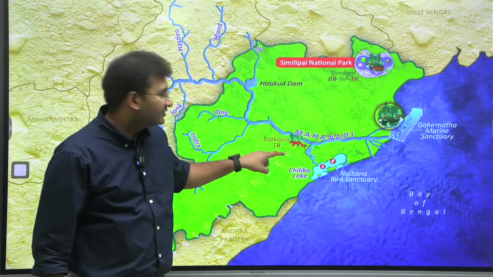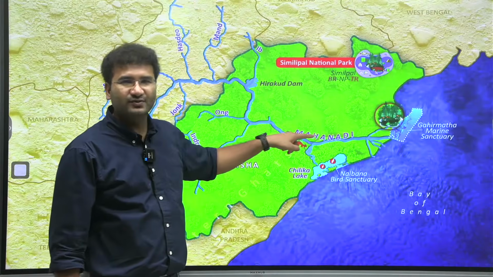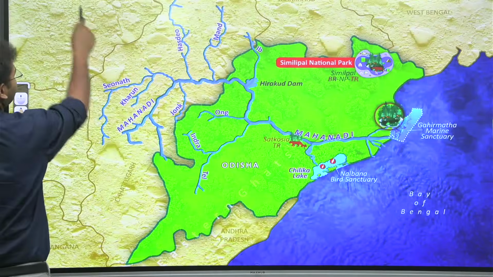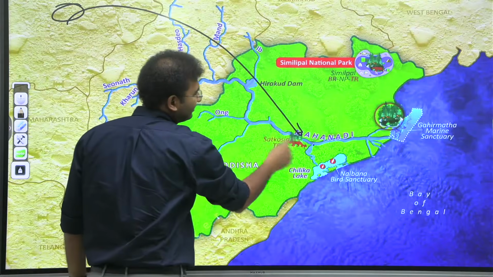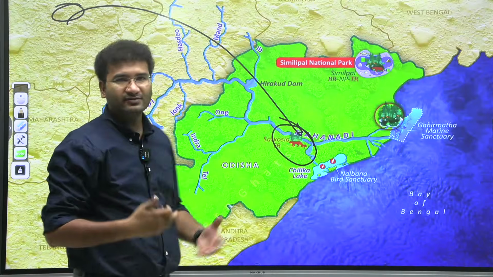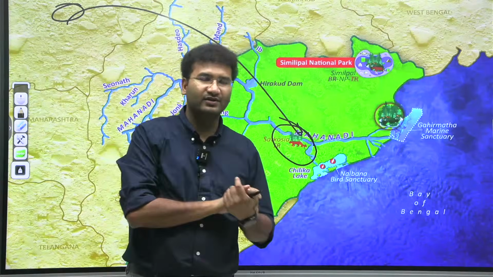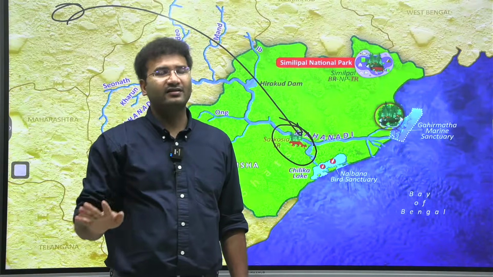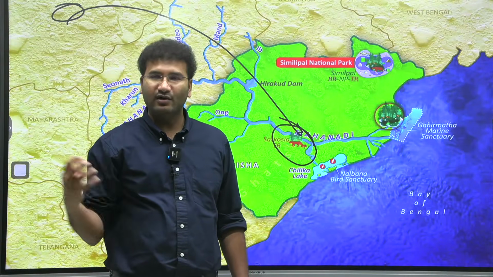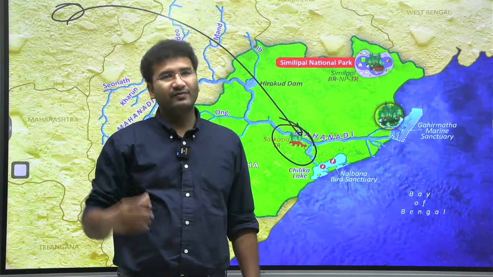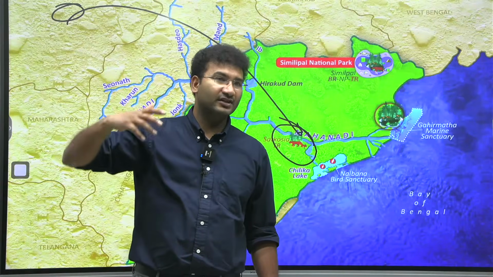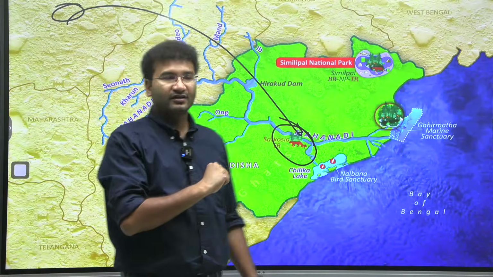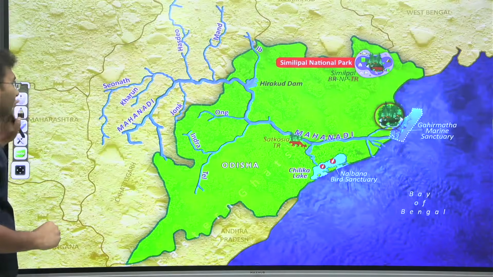Satkosia Tiger Reserve. See, why in the last 2 years was this in the news so many times? Because certain tigers were lifted from Madhya Pradesh and put into Satkosia to translocate and increase the genetic diversity of these forests and the tigers so that they survive. But sadly, both the tigers which were translocated died because of non-acclimatization to this region. So we were able to successfully do the cheetah project, but tiger translocation or relocation is becoming difficult for us. Tigers have to move on their own.